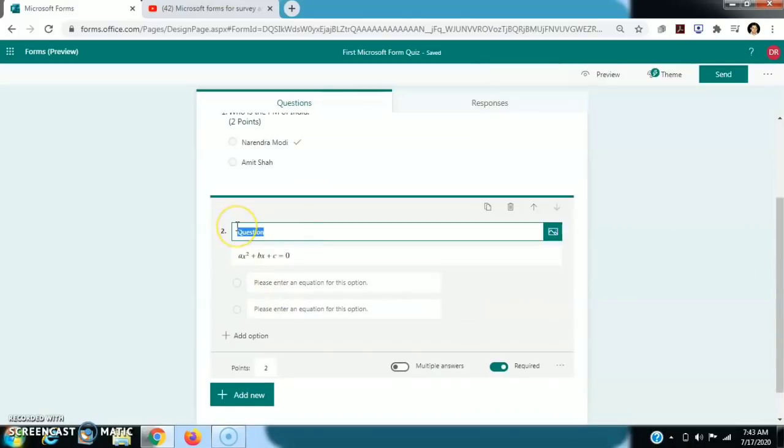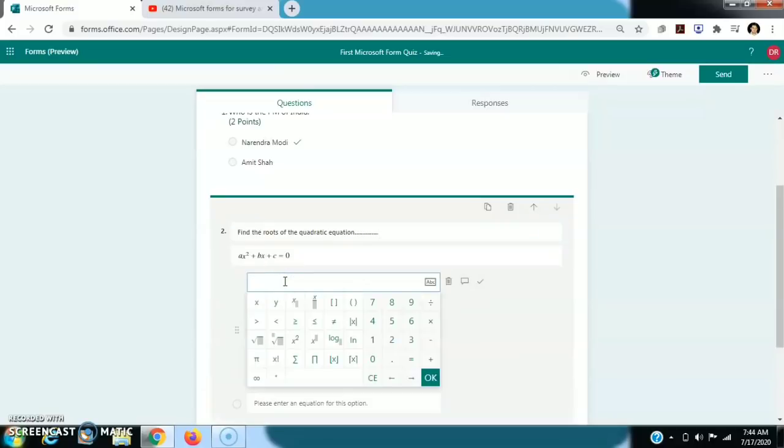We can also write here, find the roots of the quadratic equation. Then we can add this, and we can write the options here. Suppose I write these, may be not correct, but for demonstration I am using any one.